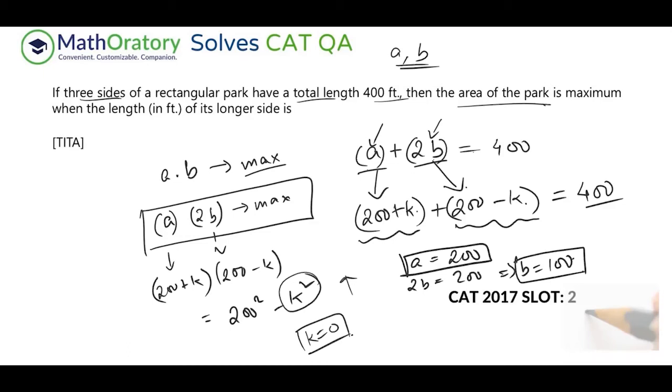Now once we know that, let us look at the question. We are looking for the length of the longer side. The two sides are 200 and 100, and that too in feet we are looking for. So the answer is 200 in this case. I hope this was understood. If you know this idea, you will figure it out very, very quickly. Just try to get this parity. If you don't get this parity, you will mess it up. You'll consider 200, 200, and then you won't understand what to do next, or you'll try 133 or something. That will be very silly.